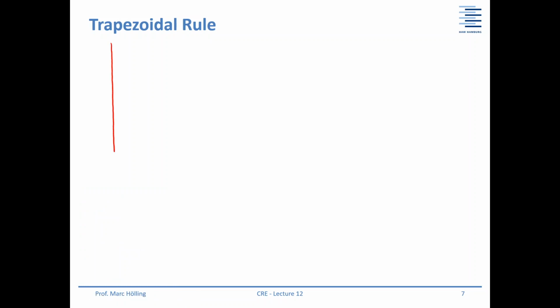If you have here 1 over R and here you have your XA, and then you have some values here and the next one is here, and you want to know the area, then you can say this is something like a trapeze, and let's call this here i, and this is i plus 1. So then the area here is